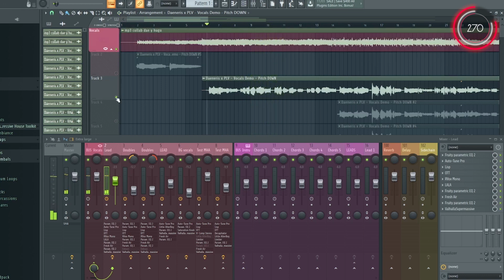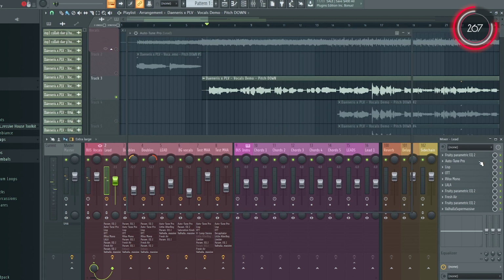Record your vocals at a lower key than your track, then pitch up your vocals to match the